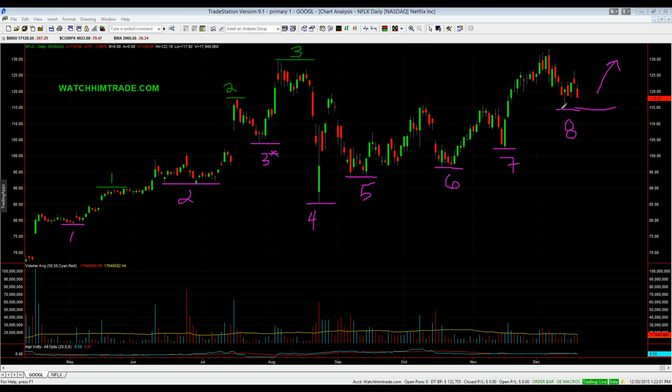However, if you cannot hold number 8, the 115 level, then the experience from number 3 tells us we could possibly bet on a sharp move back down towards this 115 to 100 range. So to me, it is very, very important that Netflix holds the 115 area, this number 8 higher low that I have here on the chart, because if you do not, we could see a steep move back to the downside